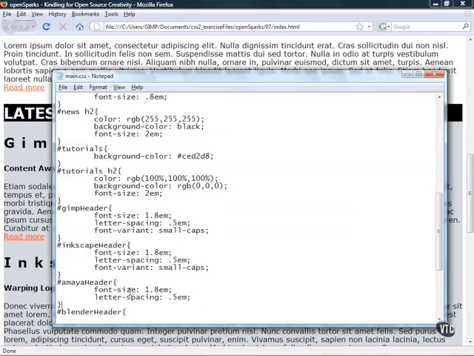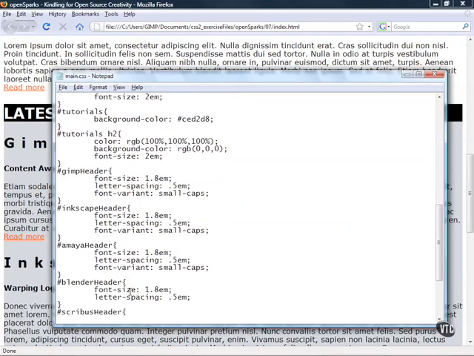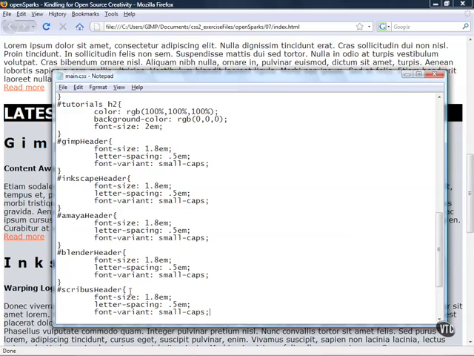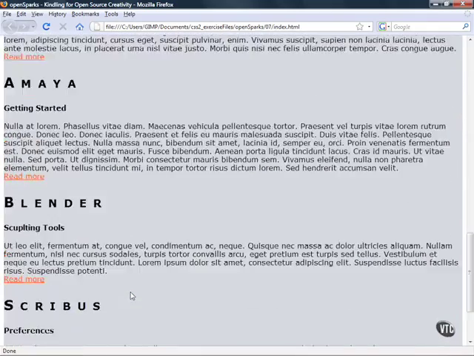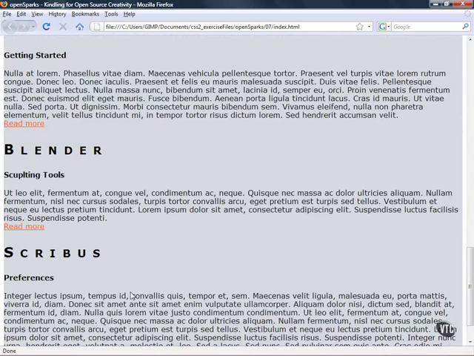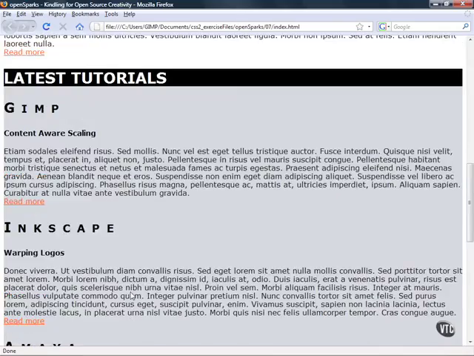For the GIMP, the Inkscape, the Maya, the Blender, and lastly the Scribus. So then I'll go ahead and save, jump over to my browser and refresh, and I'll see that my tutorial headers are all now small caps. So combining the small caps, the large font size, and the letter spacing, this is really making this part of